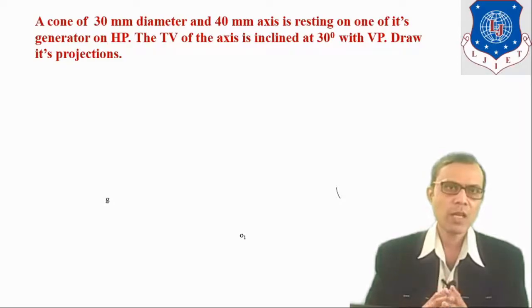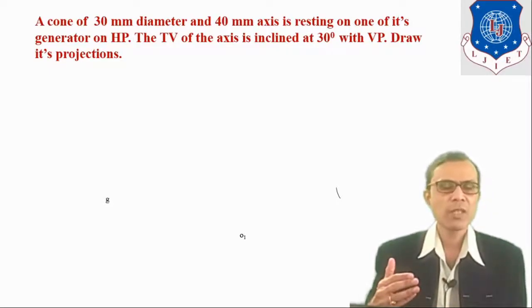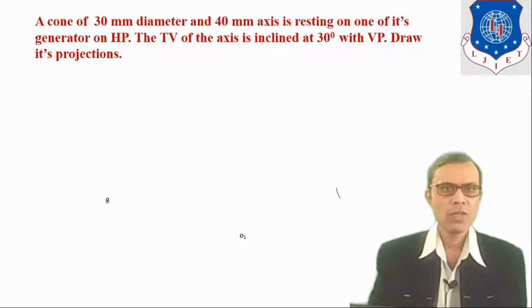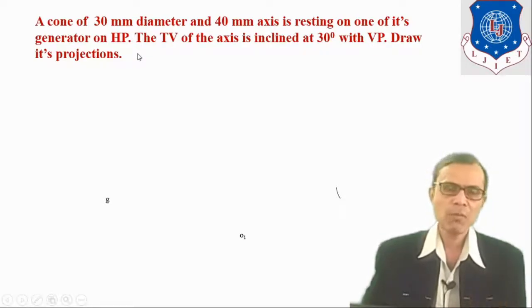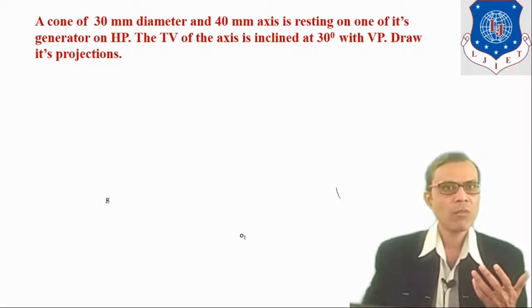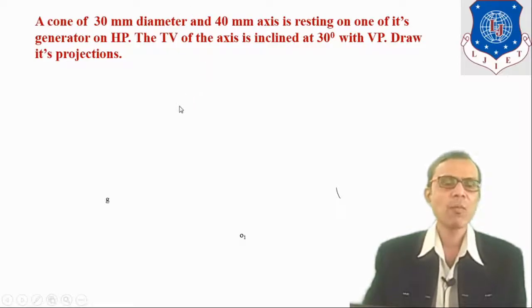And we have to start from the true shape of the base as we were doing in case of projection of plane. So here true shape is, in this case, a circle. So in first step we will draw a circle of diameter 30 mm. That is the true shape of the base, and from the true shape of the base we will project its front view by taking axis height 40 mm. That would be our first stage.